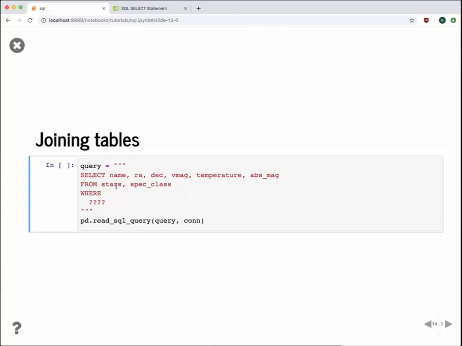So let's do this. Let's select from both our stars table and the spec class table, and we're going to take the name, RA, DEC, and VMAG. Those are all in stars. And we're going to take temperature and ABSMAG from spec class. Okay? So how do we do this? Well, we have to do what's called a join. And we can do this implicitly